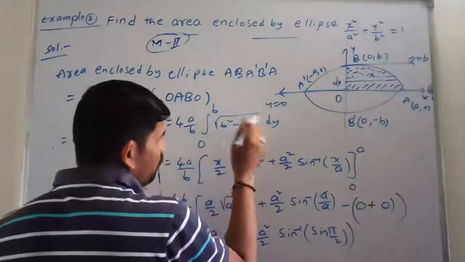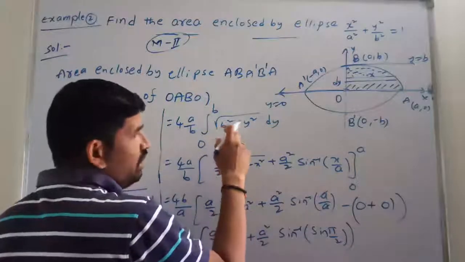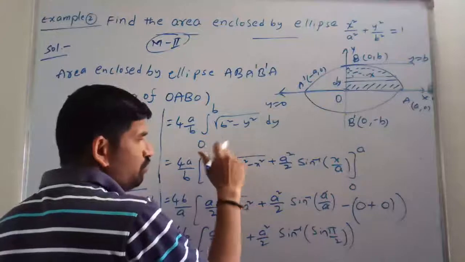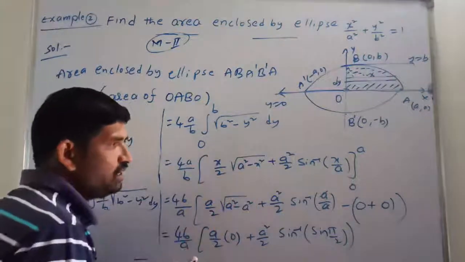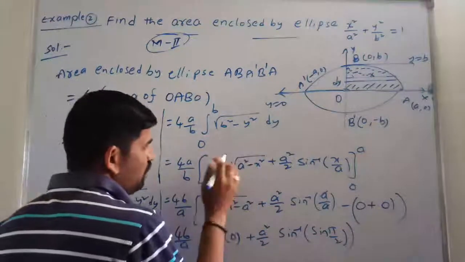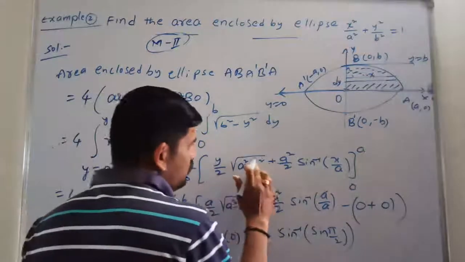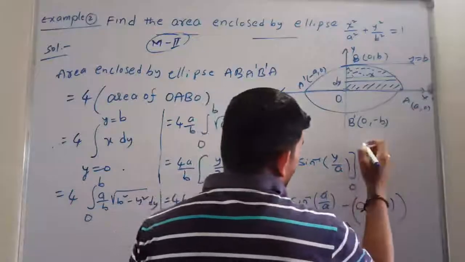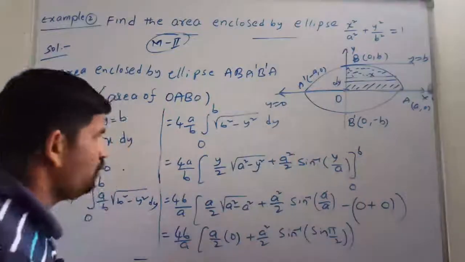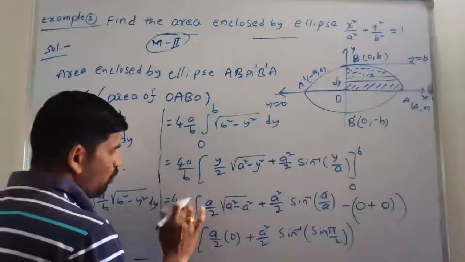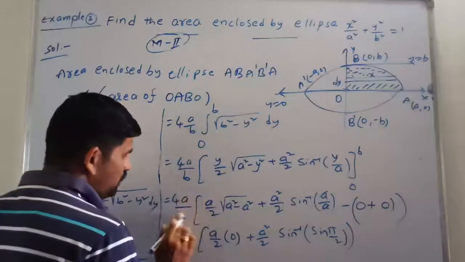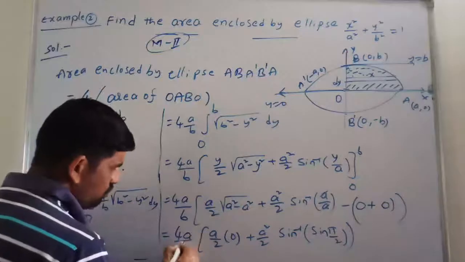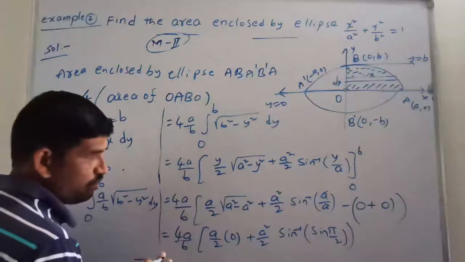By applying the formula here, in place of y we write the x, in place of x in the before one we are just replacing the y. See, there is no x y, again this is the y. So lower limit is 0, upper limit is b. Apply the upper limit: in place of y we are writing the b. That's all. This is the a and this is the b. Again this is the a, this is the b. Okay, are you able to see up to here?